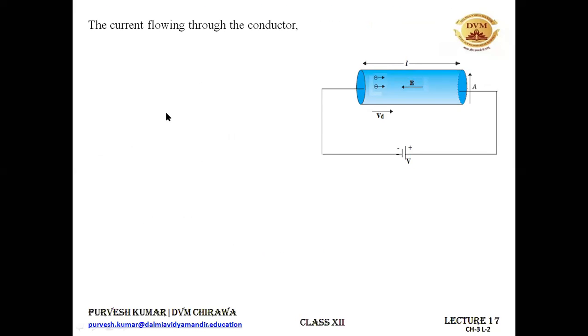And we know that the current flowing through the conductor, capital I, can be written as Q by T. The charge divided by the time taken by those charges to flow across a conductor gives the current across this conductor. In place of this Q, I can write small n, capital A, small l multiplied by e. That was the formula we obtained for Q. And in place of this T, I can write L by Vd. This L gets cancelled with this L, and this Vd goes into the numerator, and you are left with I is equal to nAeVd. So this is the relationship between current and drift velocity.